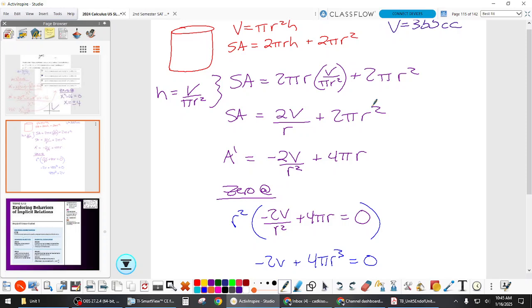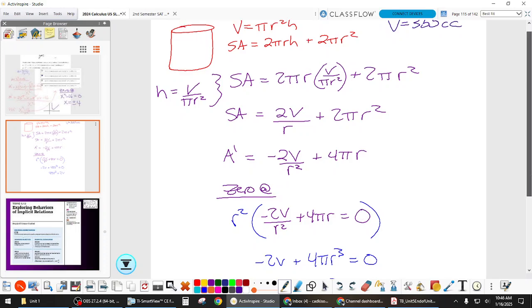And then when I took the derivative, I got 8 pi r. I don't know if I got the right answer. Yeah, that's very interesting. Speaking of that, remind me to go back to that one we ended class with on Tuesday after we're done with this. That is weird. I wonder how you got that extra 2. Well, I don't know. And then for the derivative of 2V over r,